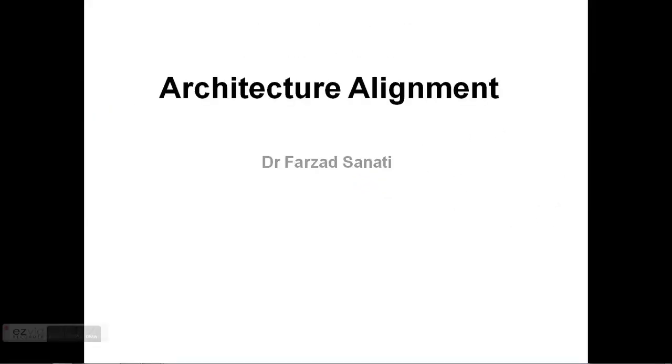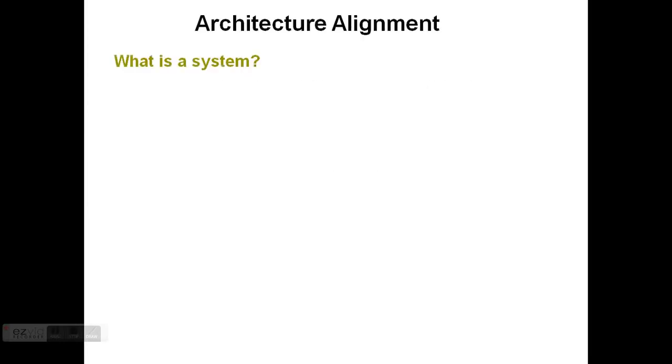I will talk about architectural alignment. Architectural alignment is the problem of designing architecture at the infrastructure, application, and business level such that each fits optimally with the other architectures. The main goal of enterprise architecture alignment is to derive operational guidelines for aligning IT infrastructure or IT architecture with